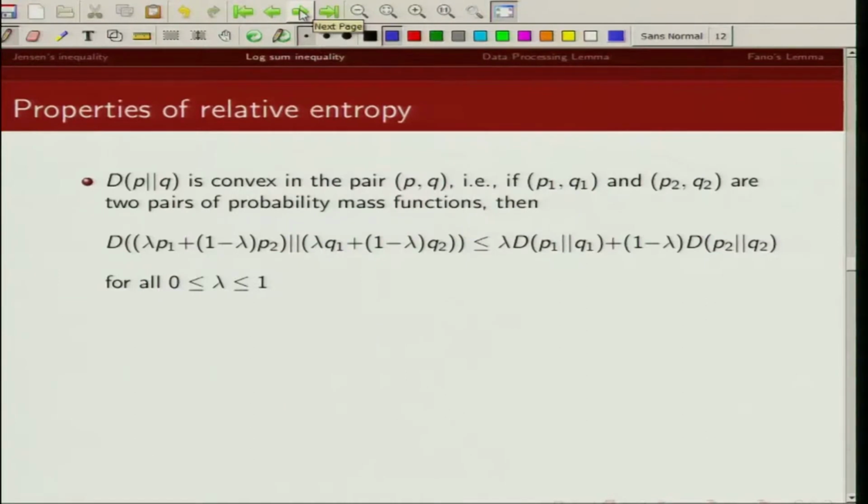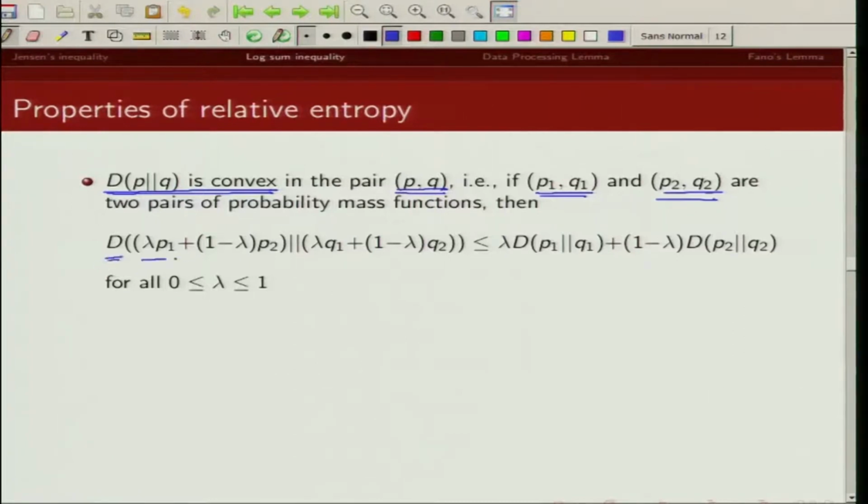Now, let us take a simple example where we will prove that divergence is a convex function in the probability pair P and Q, and we are going to make use of log sum inequality to prove this result. So, we want to show that divergence between P and Q is a convex function in the pair P and Q. So, what we mean is, if P1 Q1 and P2 Q2 are two pairs of probability mass function, then